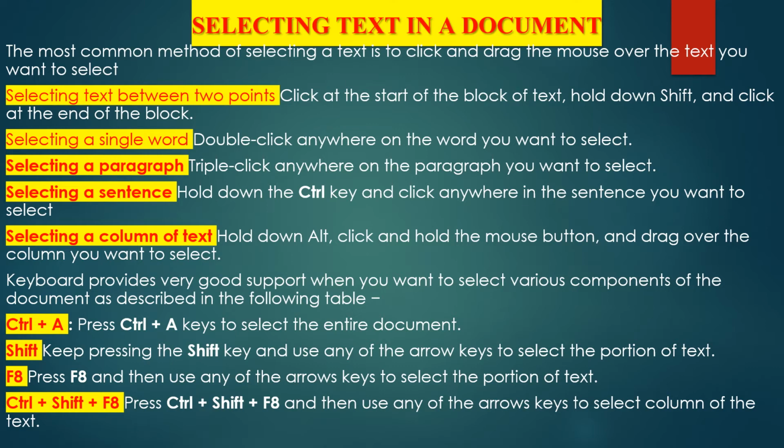Keyboard provides very good support when you want to select various components of the document as described in the following table. Ctrl plus A. Press Ctrl plus A key to select the entire document. Shift. Keep pressing the Shift key and use any of the arrow keys to select the portion of the text. F8. Press F8 and then use any of the arrow keys to select the portion of the text. Ctrl Shift plus F8. Press Ctrl Shift F8 and then you use any